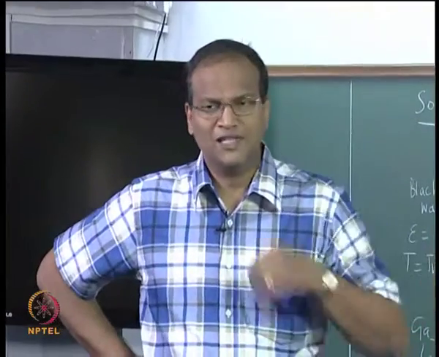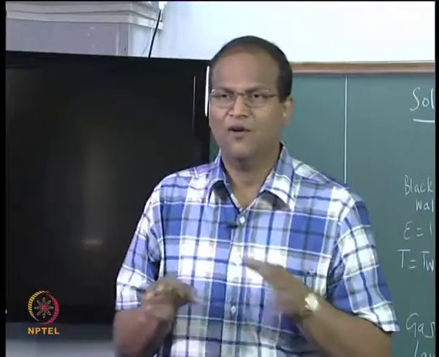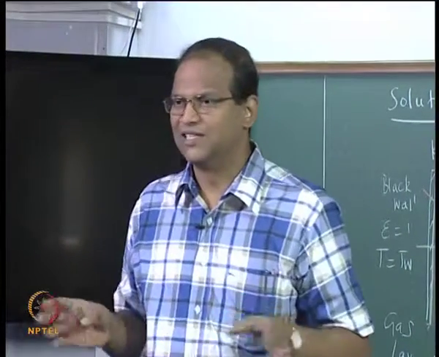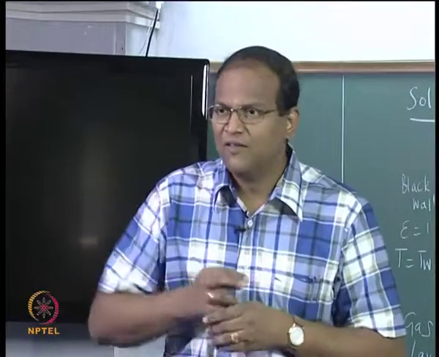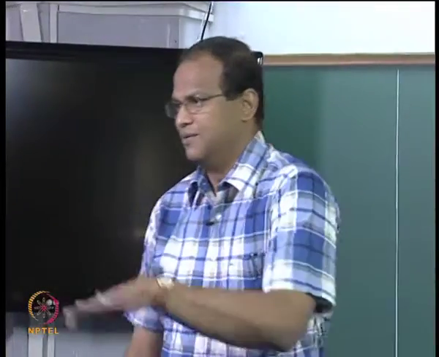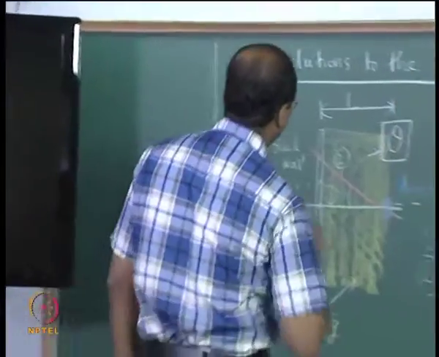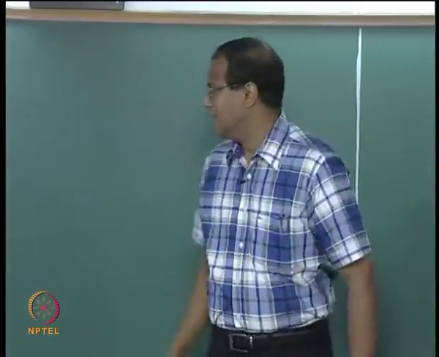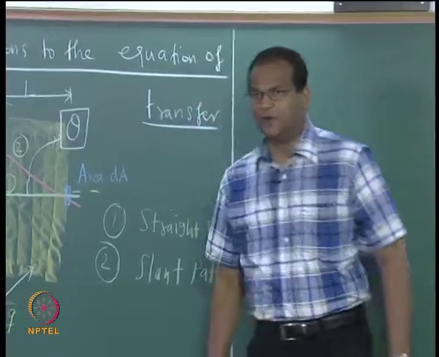Now, because it is only a first level course, we will look at a simplified treatment of the equation of transfer. We look at a one dimensional case, where we do not worry about spectral effects, we do not consider scattering and all that. A very simplified solution was what we considered in the last class, where I completely knocked off the emission term and I told what happens to radiation which is absorbed by a layer of water in the ocean and all that, what happens to the sunlight as it reaches the bottom and so on. Now we will formally look at some solutions to the equation of transfer, and it will lead to some complicated integrals which we will see as we go along, right.